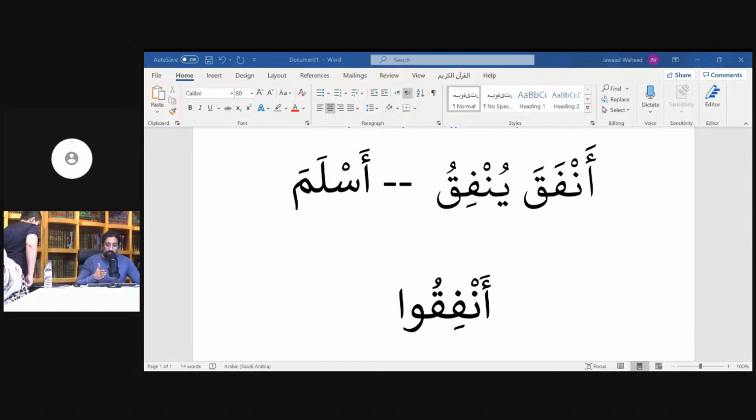Often for a lot of you, reading something and being able to say it are 2 worlds apart. And I want to bridge that gap a little bit, because a lot of you are used to silent reading. The problem with nahu, you can get away with silent reading. With sarf, unless you're reading out loud and phonetically making mistakes and then correcting them, you can't really get sarf down. You can't read it silently and analyze it and say, I got it. No, you have to hear yourself, and you have to stumble through it until it becomes smooth. So that's why the audio file is going to be helpful. But in the audio file, I did use sami'a yasma'u sam'an as opposed to sama'atan. Both of those are options, in fact.